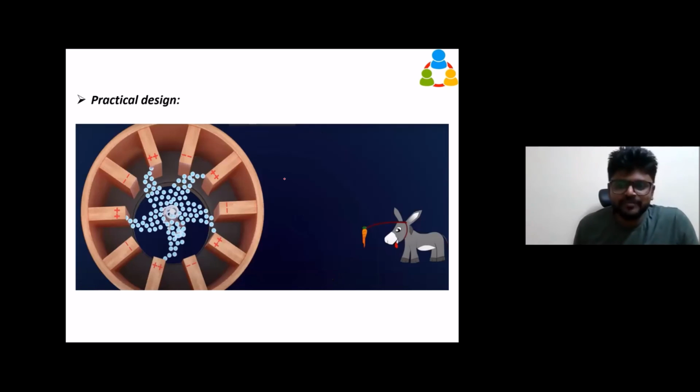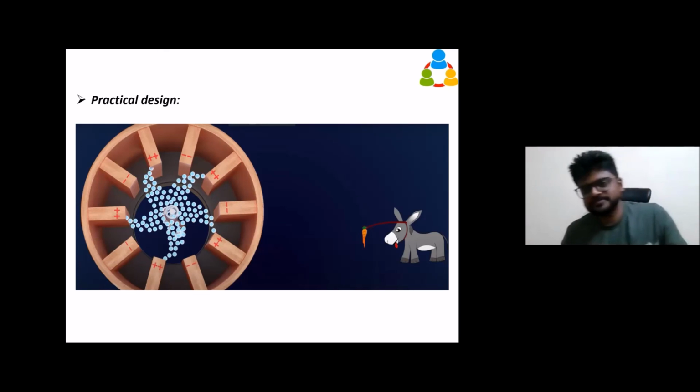Here it is shown as the donkey chasing the carrot. No matter how many steps the donkey takes, it's not going to get that carrot. Like that, no matter how many times it rotates, it's not going to reach the positive charge, but these electrons will be used. Whenever the oscillation damps and the charge is depleting, this electron will create the field here and the subsequent charging of these surfaces. So our LC oscillation will never damp as in the previous case. It's going to be sustained. Sustained LC oscillation is maintained because of this spoke wheel rotation.